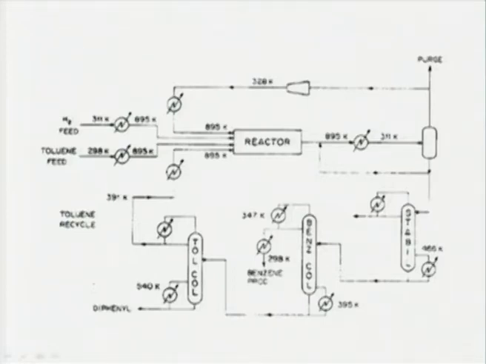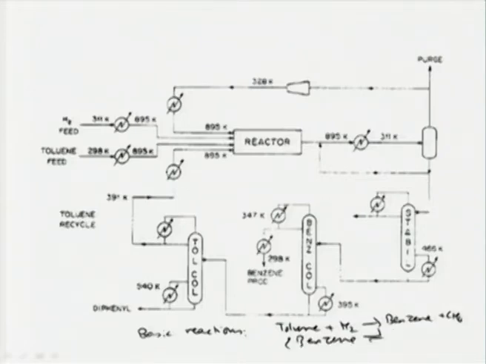We have seen this numerous times. The basic reactions are toluene plus hydrogen giving benzene plus methane, and 2 molecules of benzene combining reversibly to give diphenyl and hydrogen. We have done the material balance analysis and energy balance analysis of this particular process. So, I will just explain in brief the flow sheet that appears on your screen now.